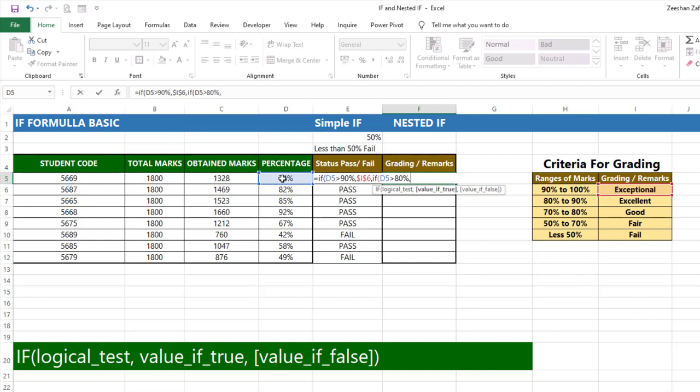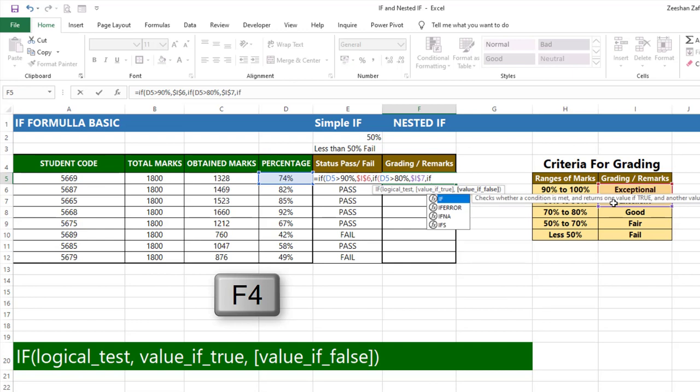If the value is true, what result should return? Excellent, that is I7. I fix it again, IF function